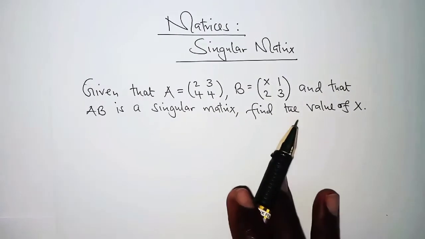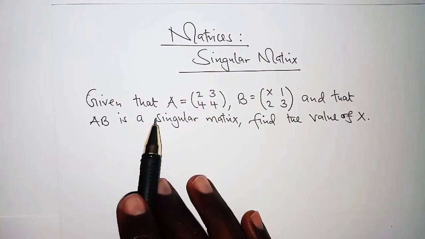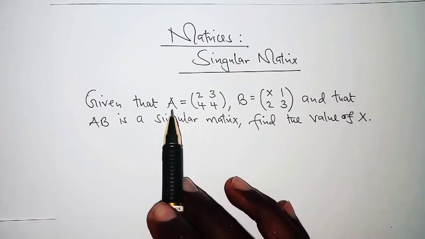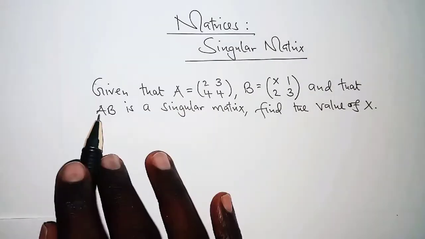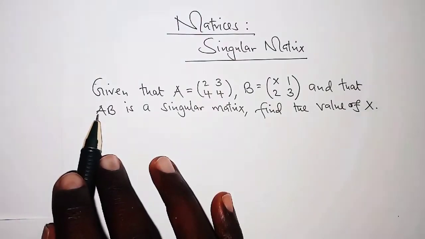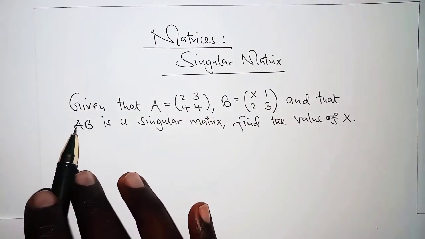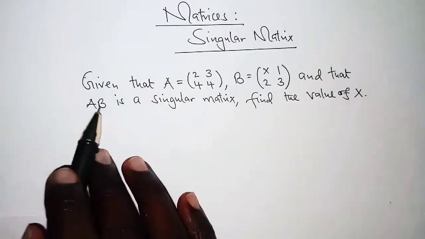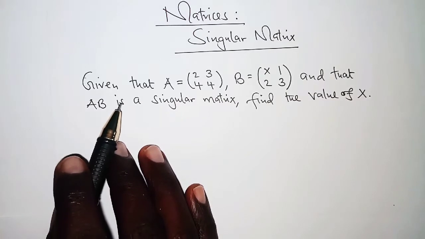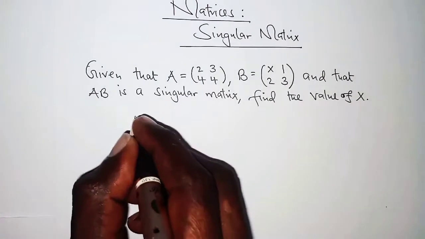In this problem, I want us to separate this from vectors. Many a time, students fail to separate AB from the vector AB. AB simply means you're multiplying matrix A by matrix B. Unlike for a vector, where vector AB is just the position vector of B minus position vector of A. Those are completely different things. Having cleared that, let us go straight to the solution.